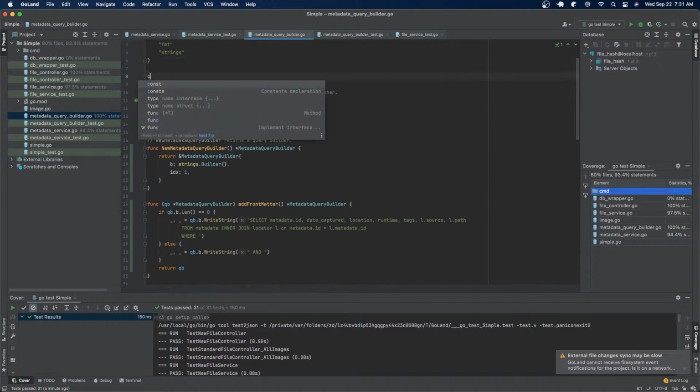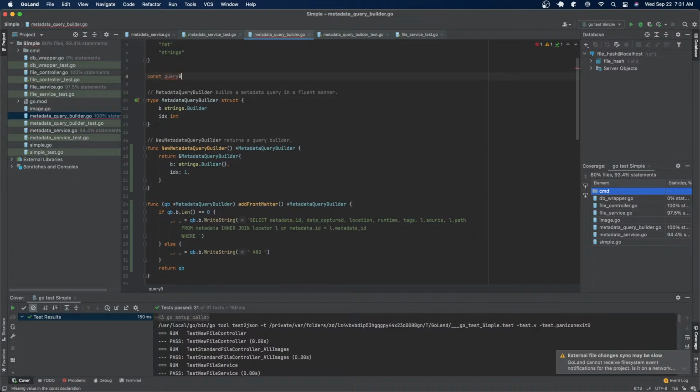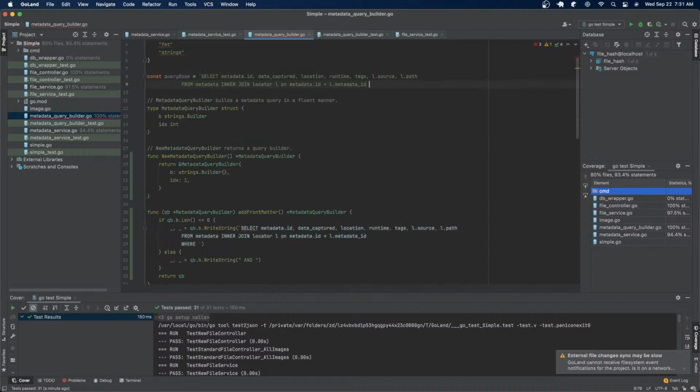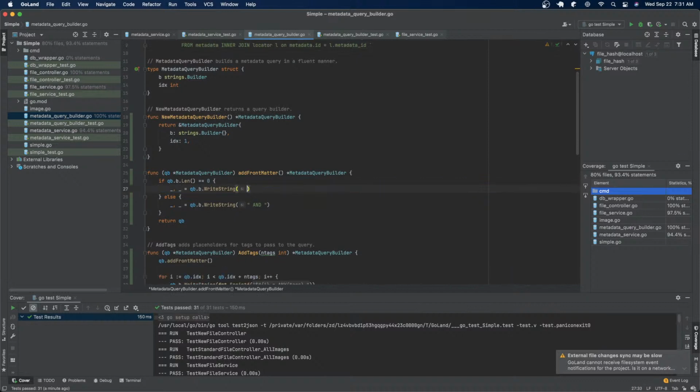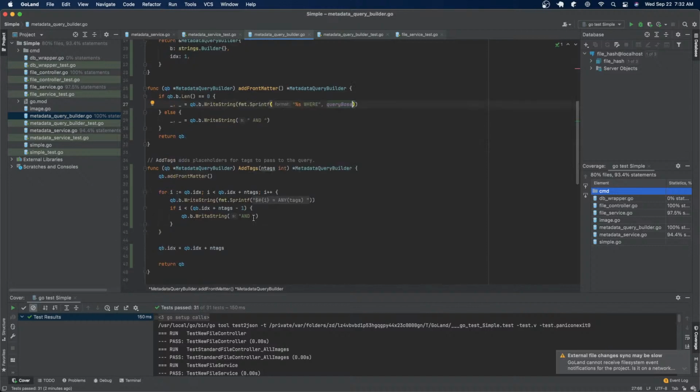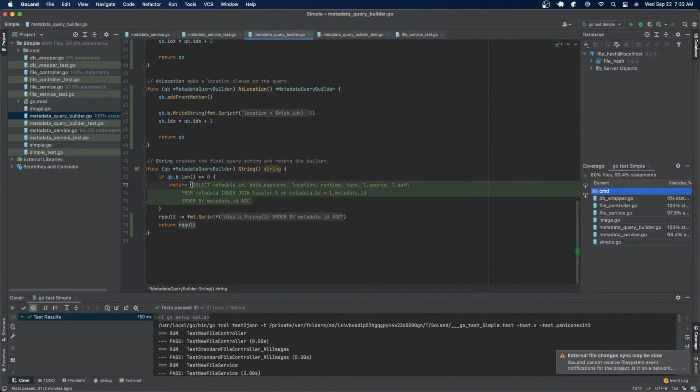Okay, so let's do this. sprintf %s where, and we're going to pass query base. And down here we're going to do